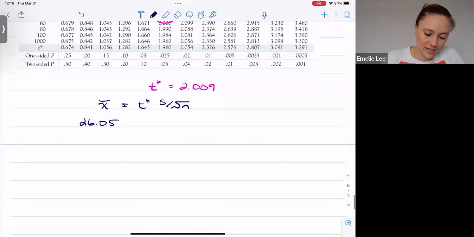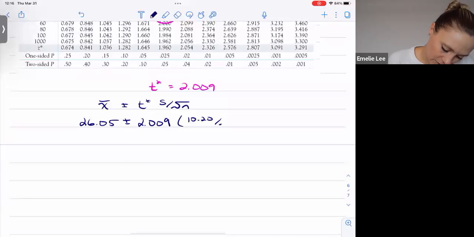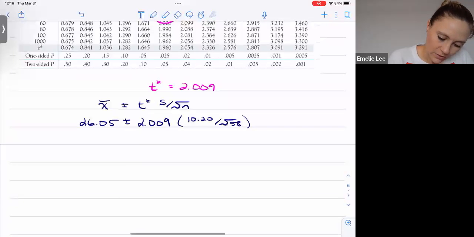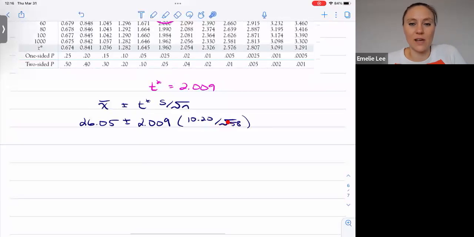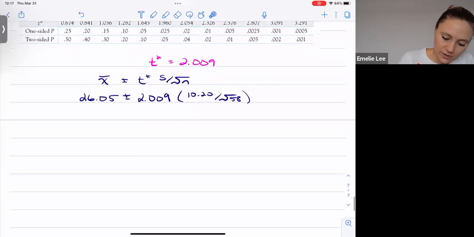If you've already done that calculation, you can just plug it in: 2.009 times 10.20 over root 58. I've saved the standard error in my calculator, which was 1.33 something, times 2.009. So my margin of error is